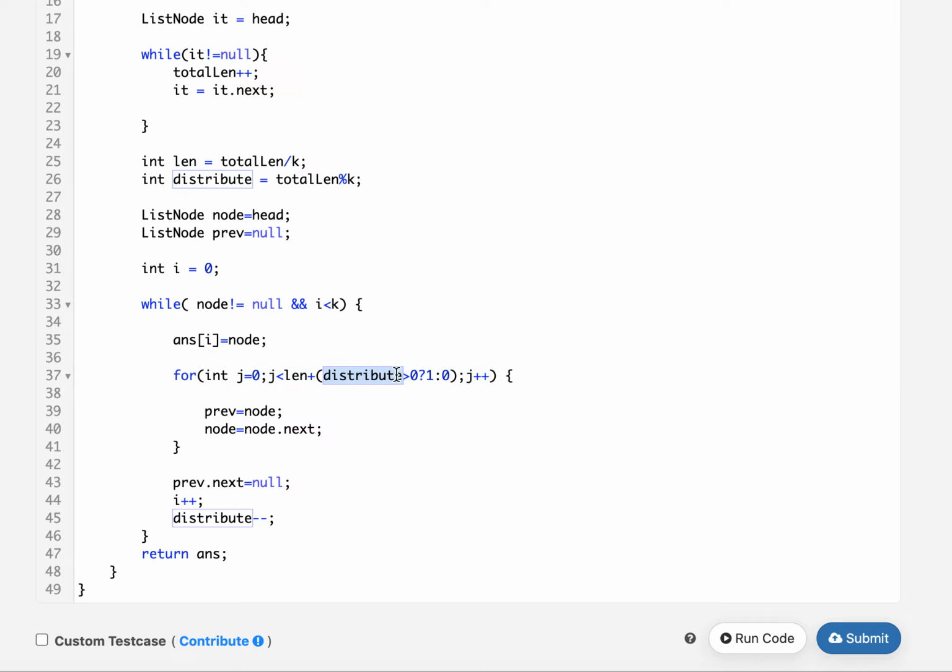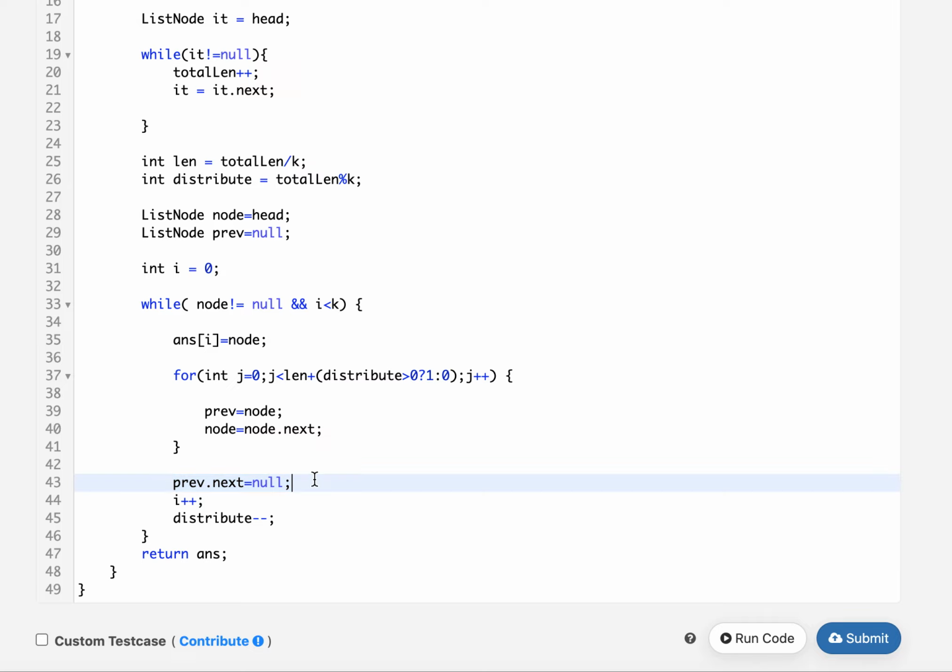If the distribute value happens to be greater than 0, that means I need to add an extra node in this current linked list. I assign previous to node and node to node.next with each iteration, and once I'm done with this, I simply update previous.next to null. That marks the completion of the splitting of the first part of the linked list.